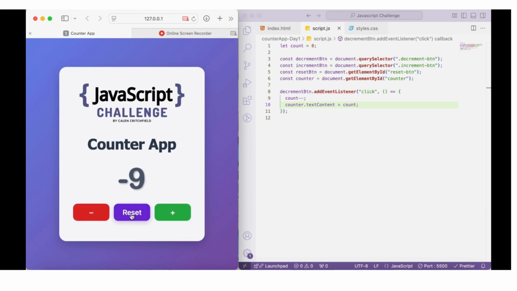How do you think we'll carry on with our reset and our adding? All right, our increment button. You can pause the video here and try it for yourself, or